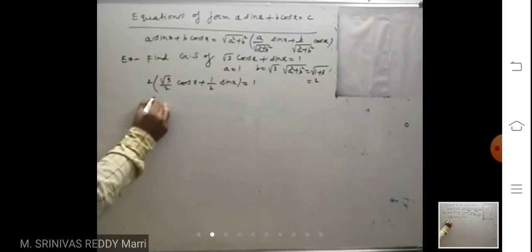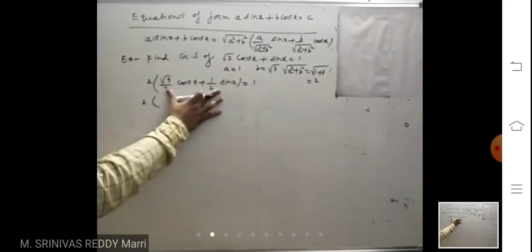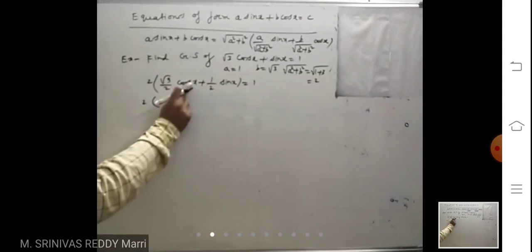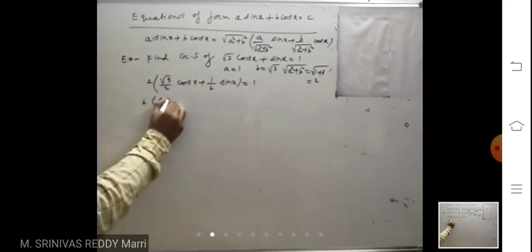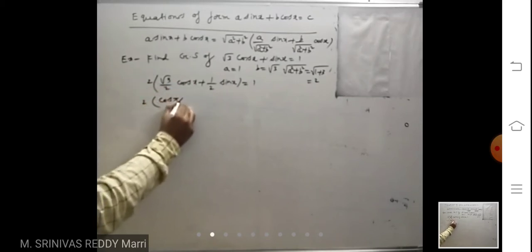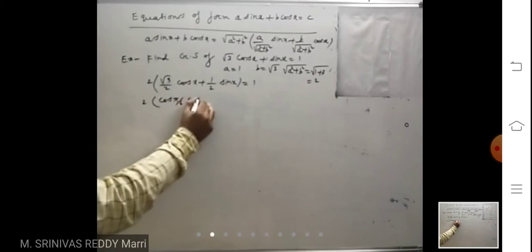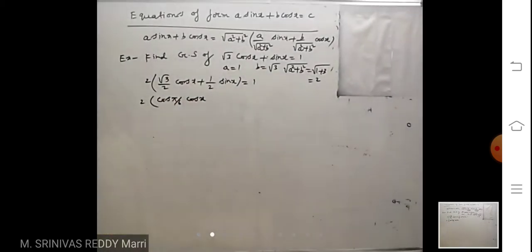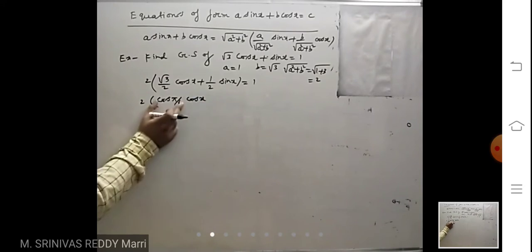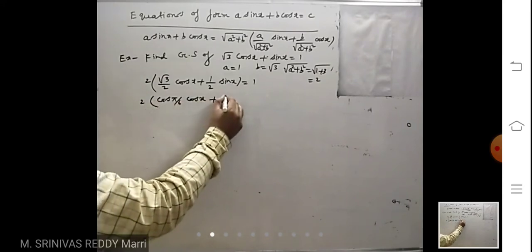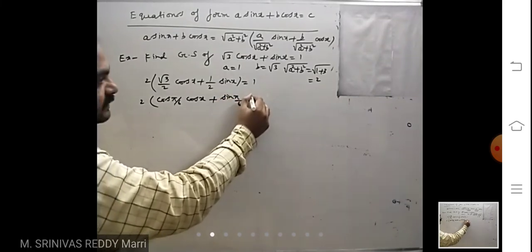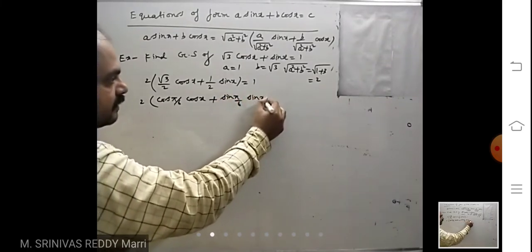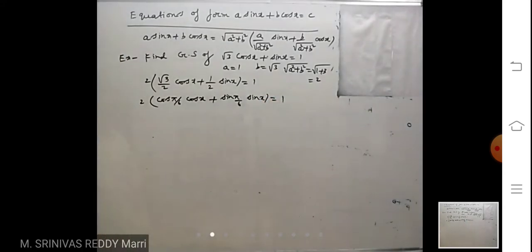Now look at, I want to write this as cos of A minus B. So cos x is there. What is the cos of this angle? Cos of pi by 6. When cos is there, write cos. Here cos is there, write cos. Such that I want to write cos A cos B plus sin A sin B. So this is sin pi by 6 sin x equal to 1.